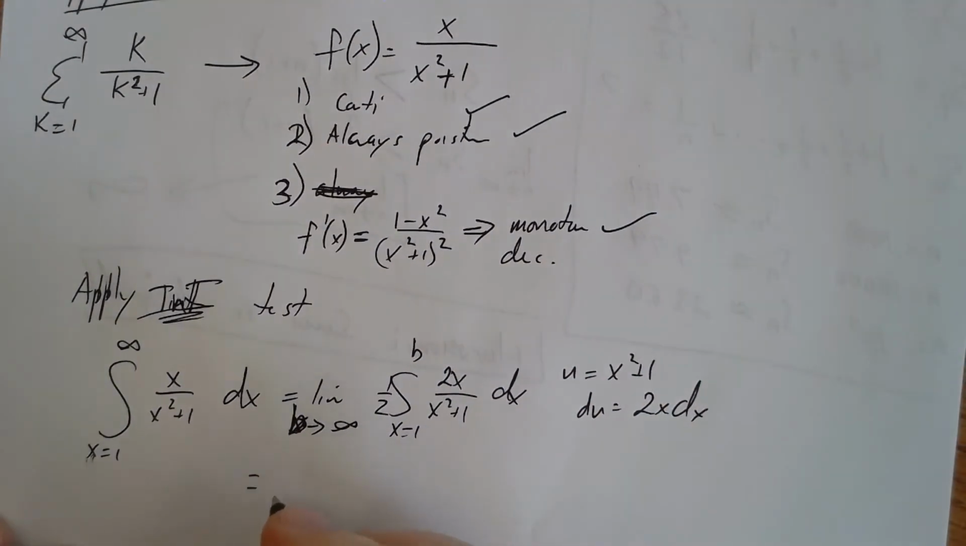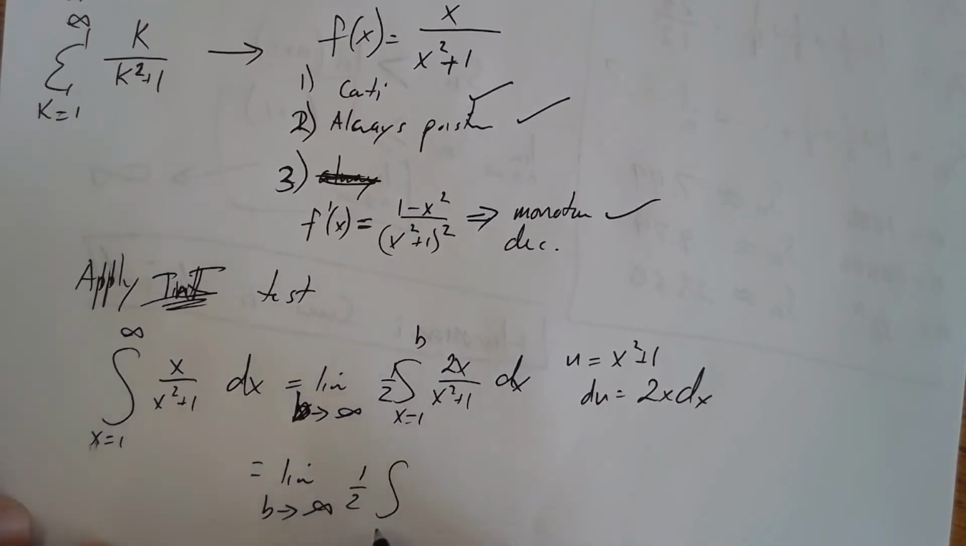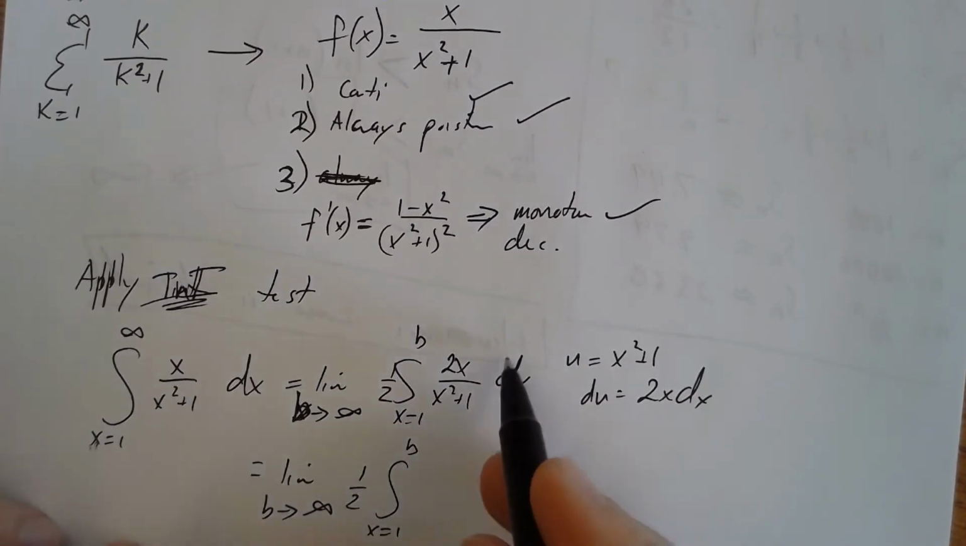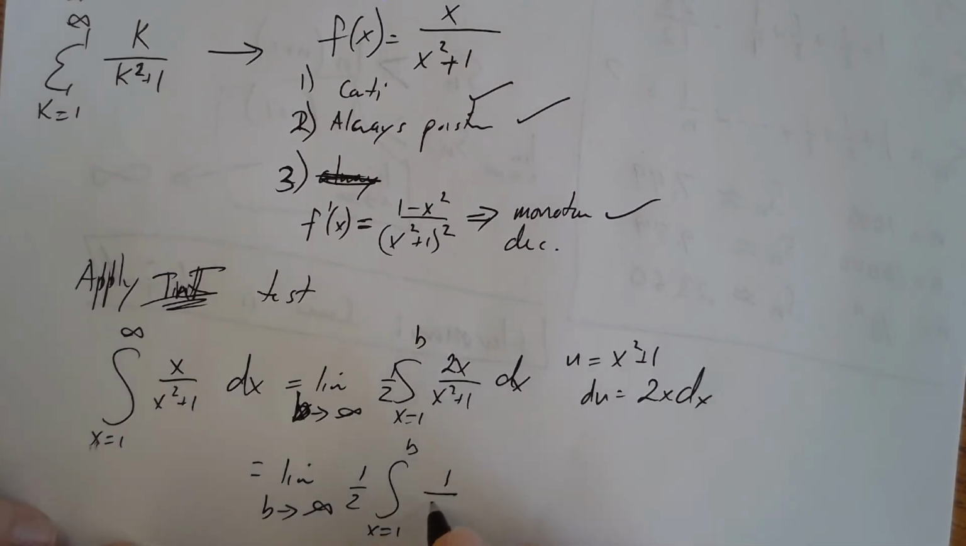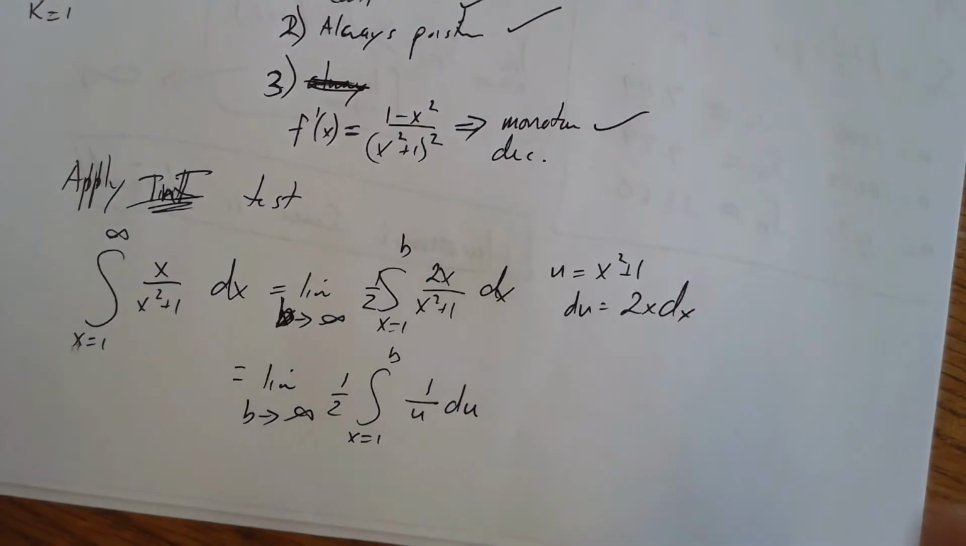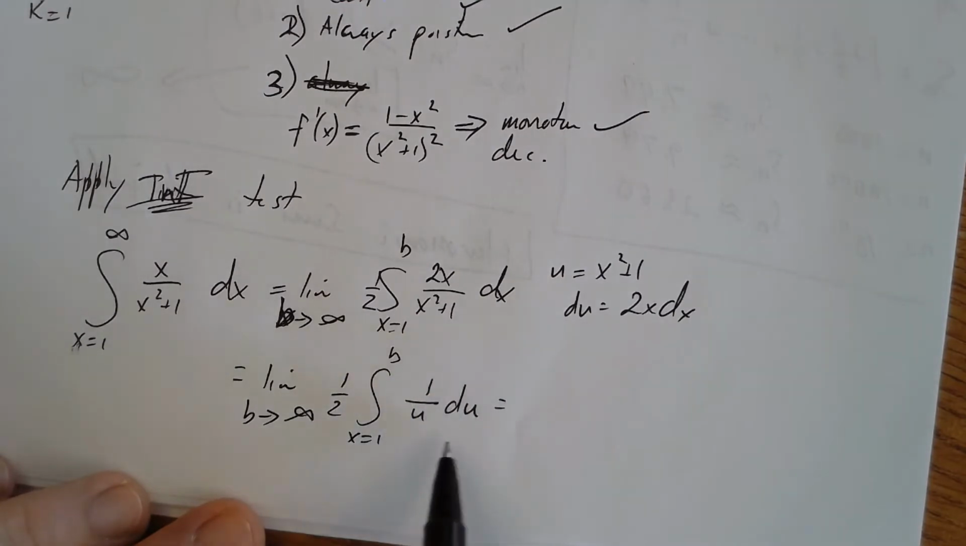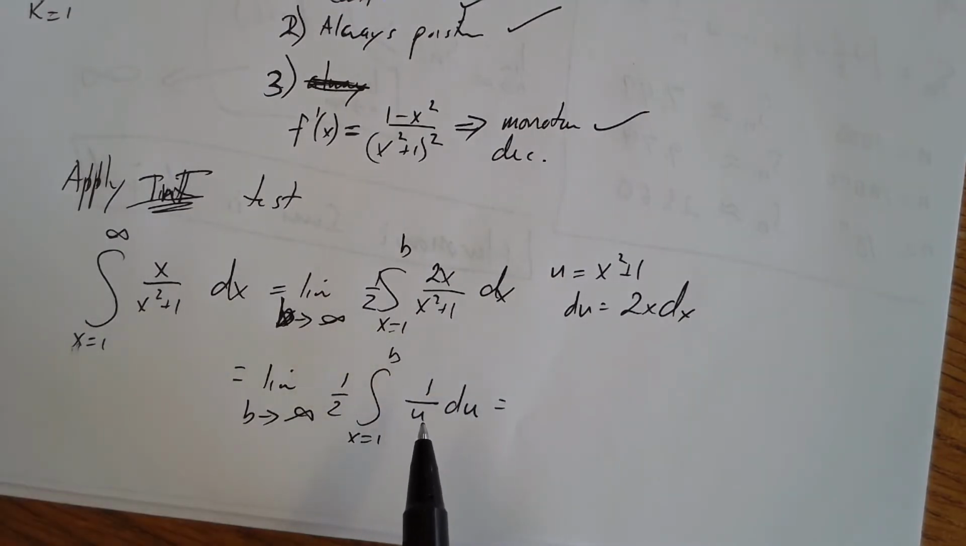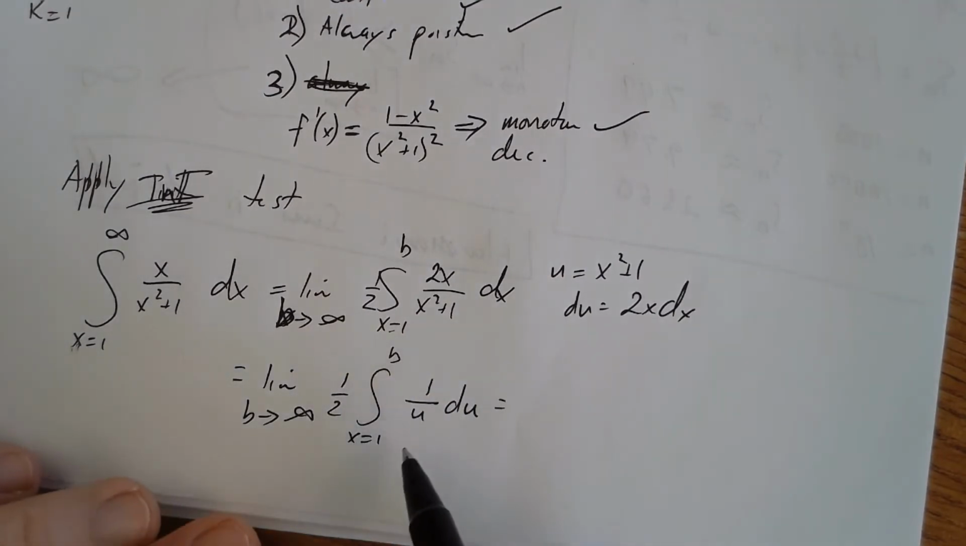I'm going to evaluate, again, one more time, the integral before I evaluate the limit. So it's the limit as b goes to infinity of 1/2 times the integral from x equals 1 to b of this thing, which then changes into 1 over u du, which is going to provide me with a natural log, technically with an absolute value, but because all the values are positive, I don't need that absolute value. I'll say that one more time. Because I'm evaluating this integral, and this integral is the natural log of the absolute value of u,